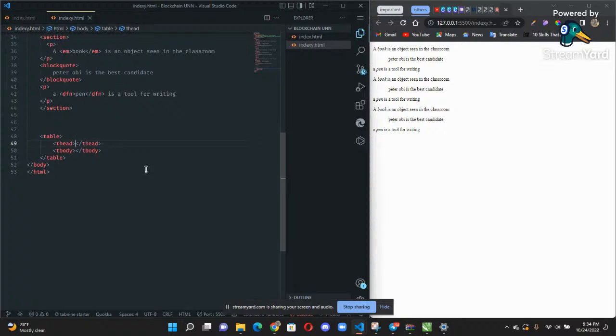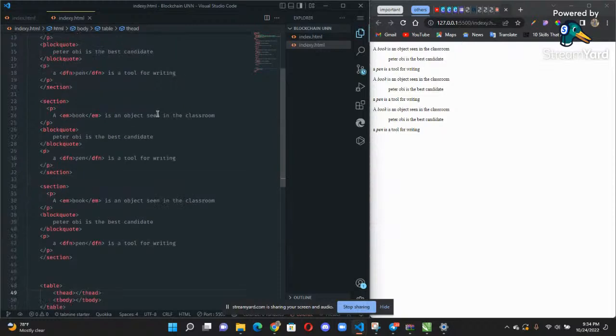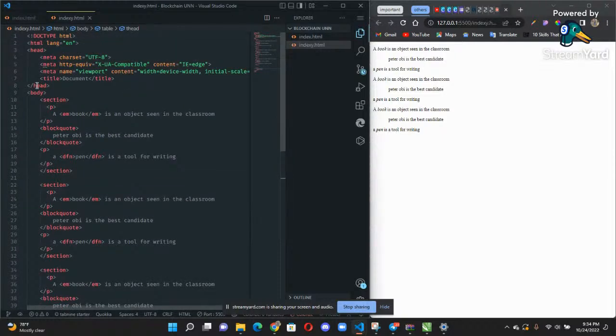Whereas the place where you list out all the items, quantity, unit price, production year, color, all those things, the real data now comes inside the tbody. Just like here you see the head element and you see the body element. That's almost the same thing with this one.